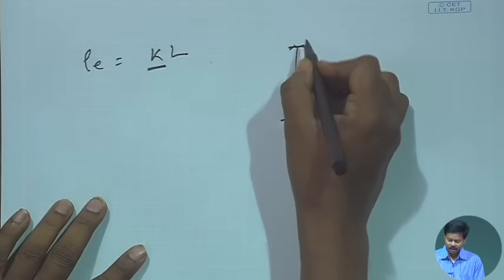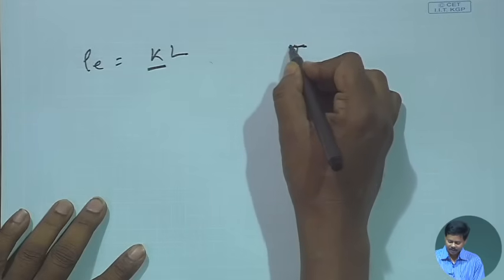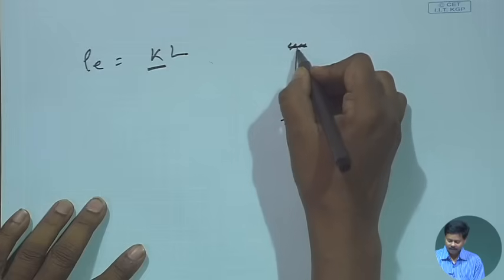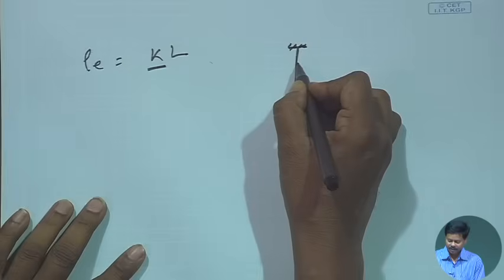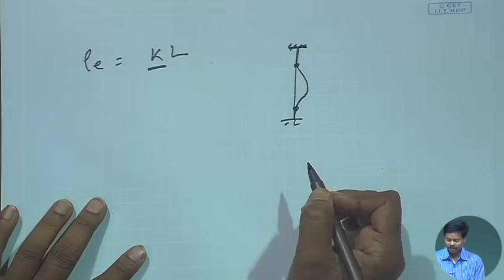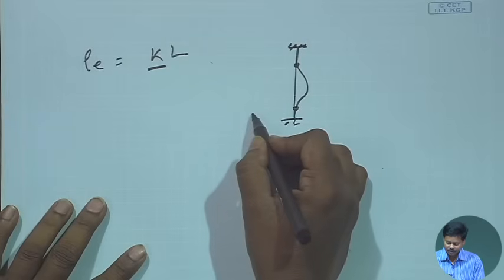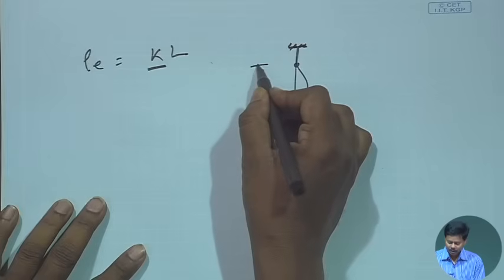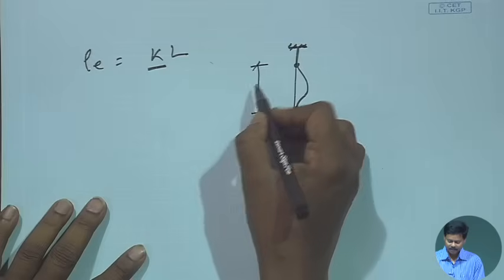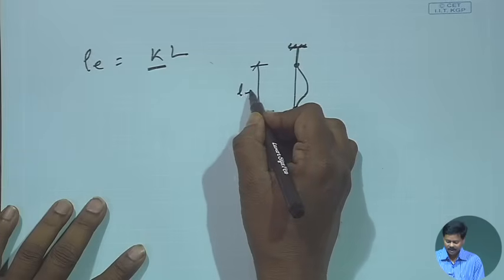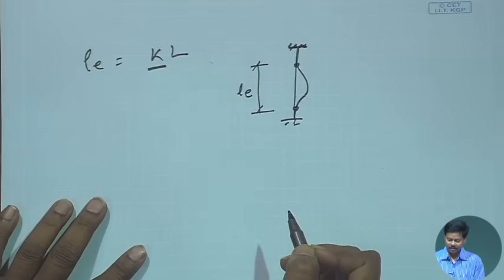As I have told, in the case of a fixed column, it will buckle like this. So, a point of contraflexure will be here, and another point of contraflexure will be here. Point of contraflexure means where the moment becomes 0. Now, this distance between two points of contraflexure becomes the effective length LE, right,